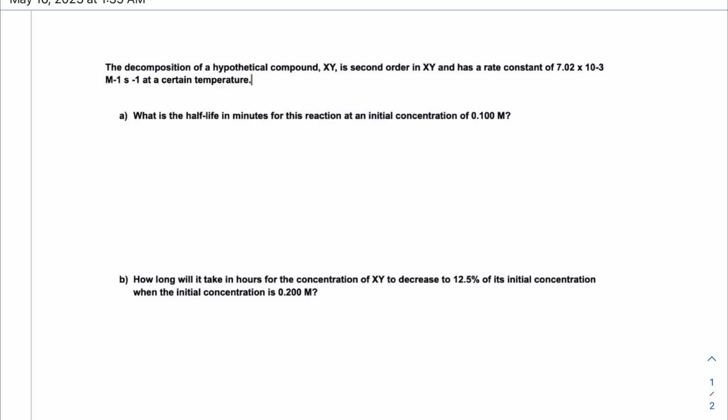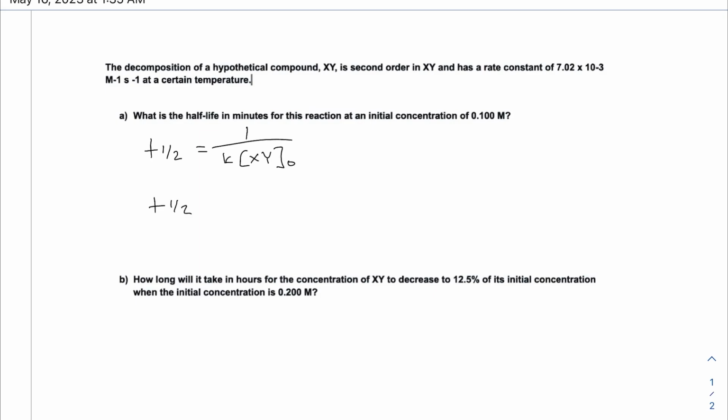The problem given is the decomposition of a hypothetical compound, XY, is a second order in XY and has a rate constant of 7.02 times 10 to the negative 3 at a certain temperature. What is the half-life in minutes for this reaction at an initial concentration of 0.100 molarity? The first step to this problem is we're going to notice it is a second order reaction, so